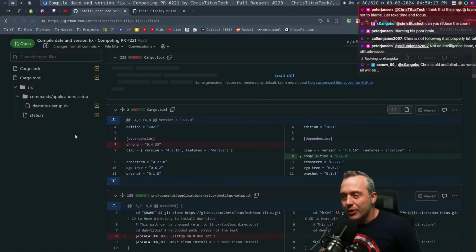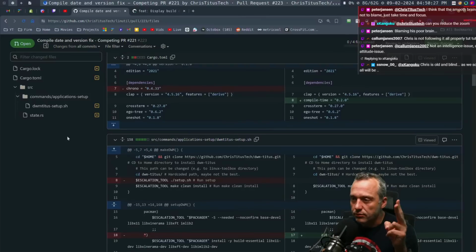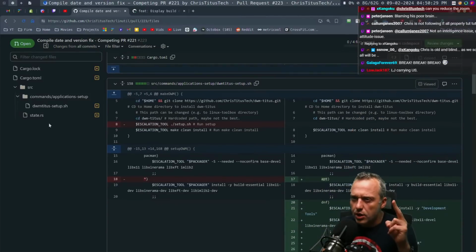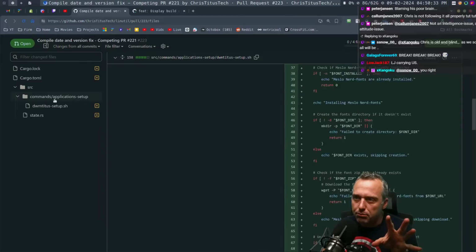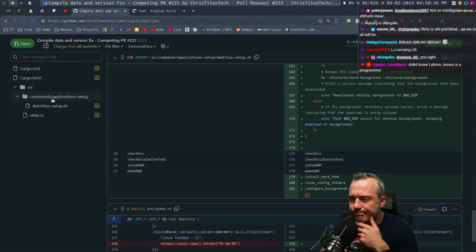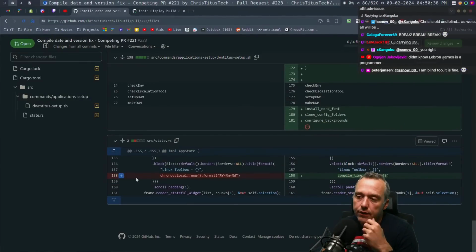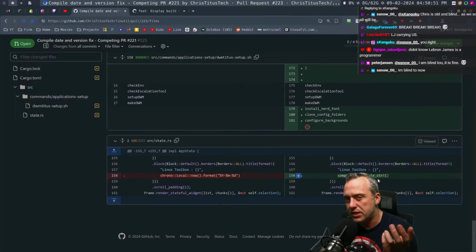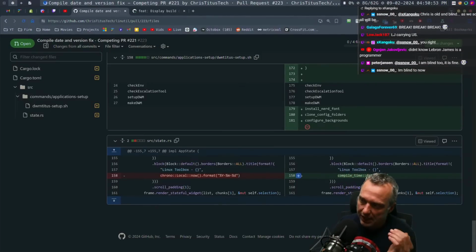So what we're doing is we're removing chrono as a dependency, and we're adding compile time. And, oh yeah, I blended in a bunch of DWM stuff in here. Unfortunate. And then really what we're doing is this compile time date string. So ours is really concise. We're basically leaning heavily on the compile-time crate,